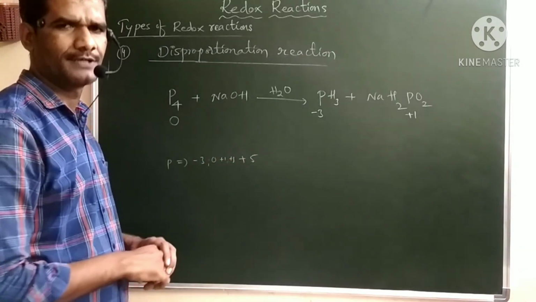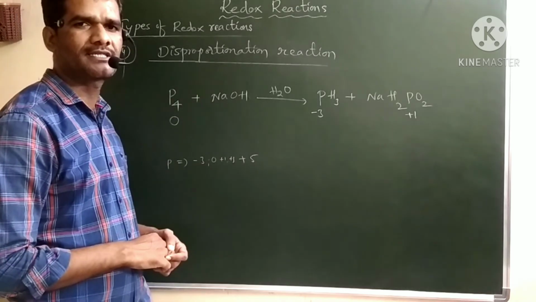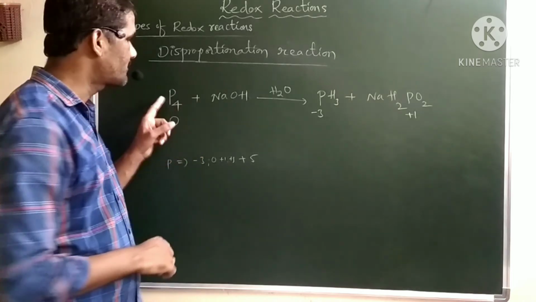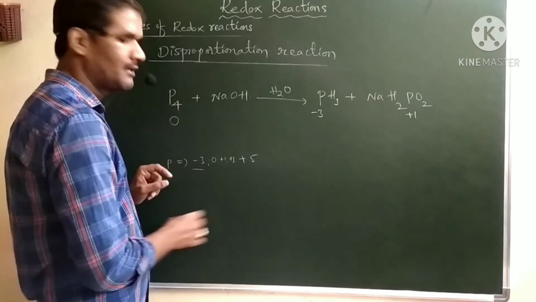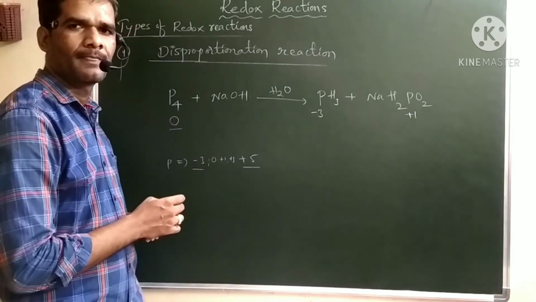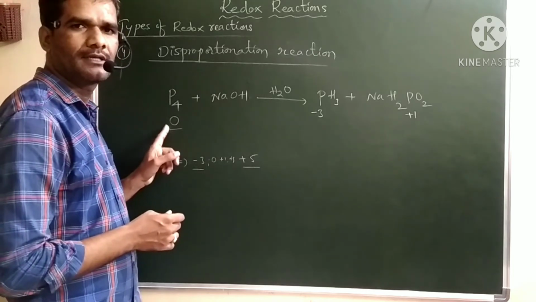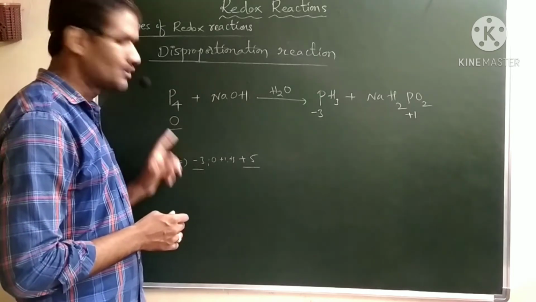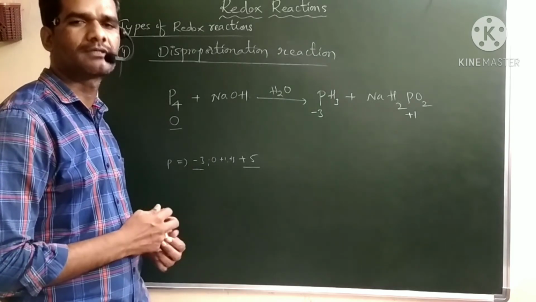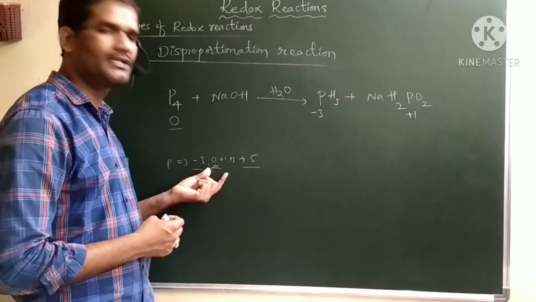Variable oxidation states. Now the primary condition to show a disproportionation reaction is that the element should have a minimum of 3 oxidation states. So here phosphorus has -3 minimum, +5 maximum, and in between it has 0. And the second condition: the oxidation state of the element in the reactant should be present in between all the variable oxidation states. So now it is in between, it is 0. So it is in between, then it is possible.